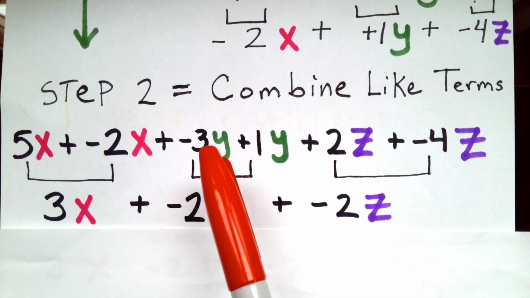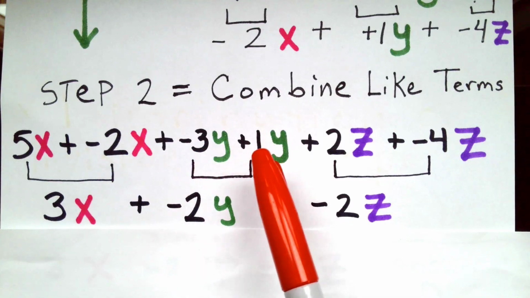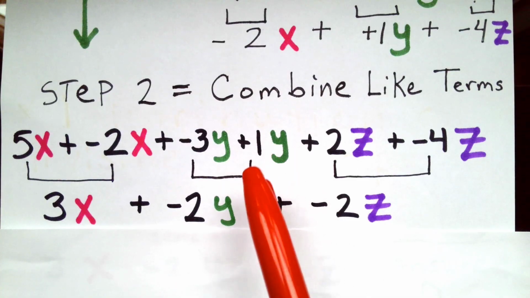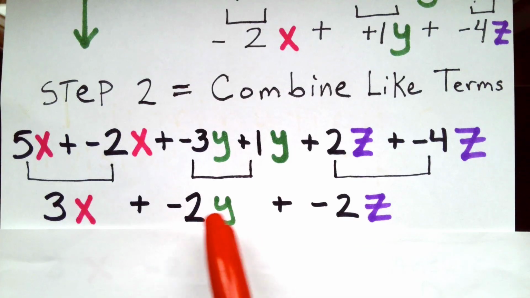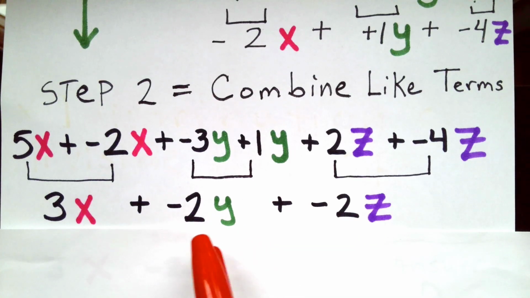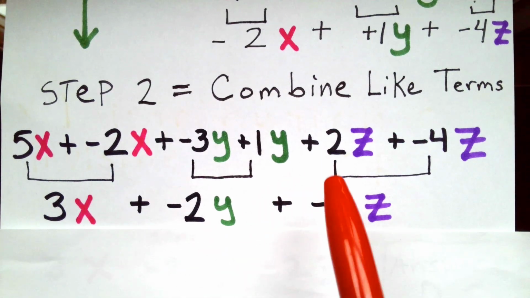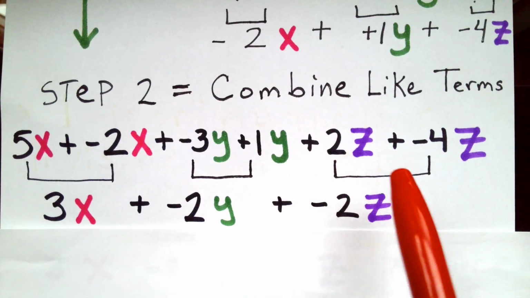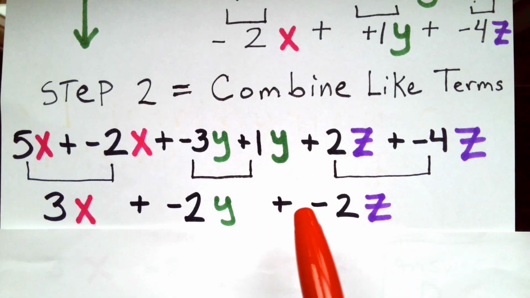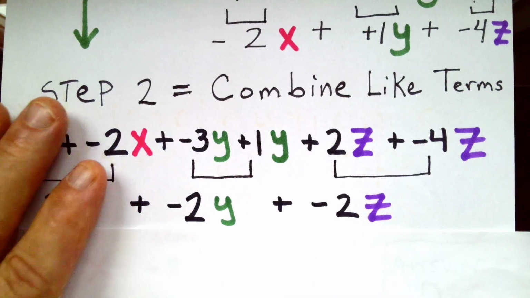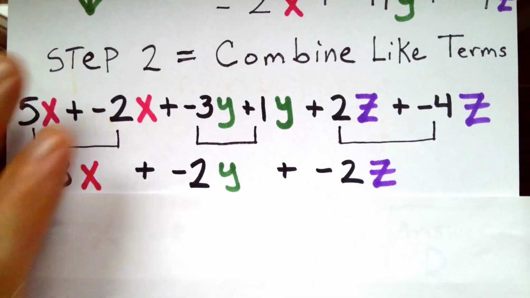All right, the plus plus, negative 3 plus a positive 1. Negative 3, take away one of those negatives, and you're left with a negative 2y value. And the y is attached to that negative 2 through multiplication. Say that 5 times fast. All right, plus a positive 2 plus a negative 4 gives you a negative 2z value. Now you've combined those like terms, you've simplified those two